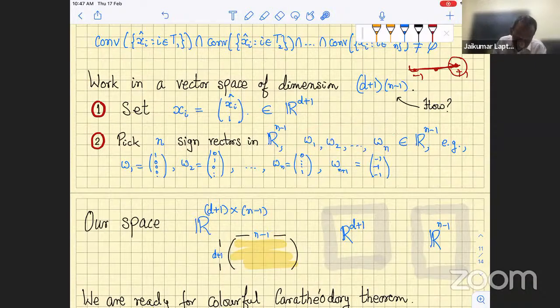Okay, so let me not say this in abstract. W1 is this basis vector, which has 1 in the first coordinate and 0 elsewhere. W2 has 0 in the first coordinate, 1 in the second coordinate, and 0 elsewhere. These are the standard basis vectors. And Wn,